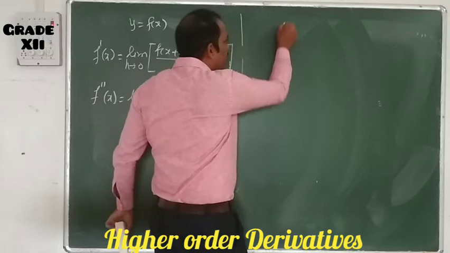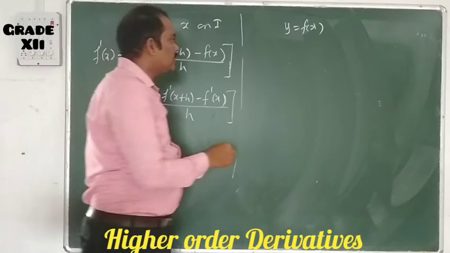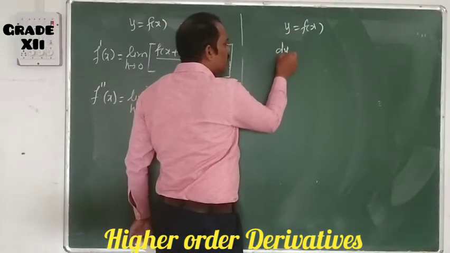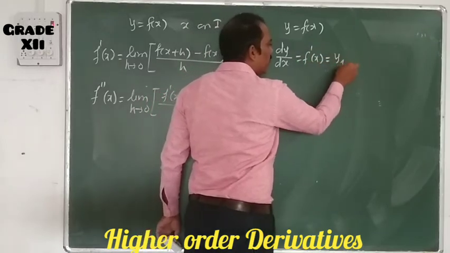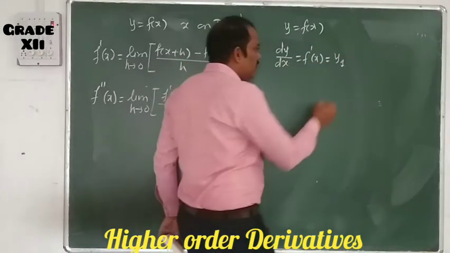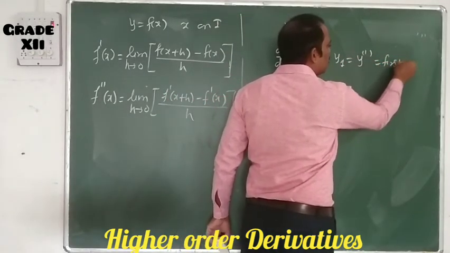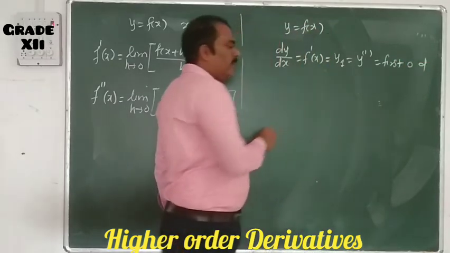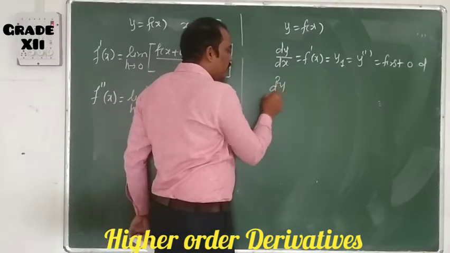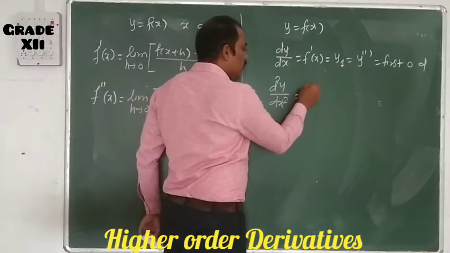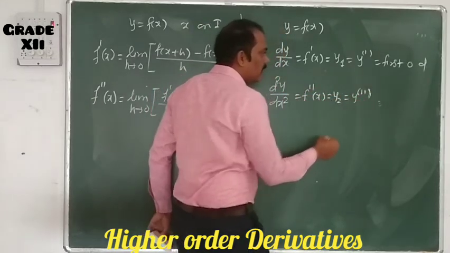Suppose that y is equal to f of x is a differentiable function of x. Okay, so the first order derivative of y with respect to x is given by dy by dx is equal to f dash of x. It is also given by y1, y with suffix 1, or it is also given by y dash. That is nothing but the first order derivative. If this dy by dx is again a differentiable function of x, then the second order derivative is given by d2y by dx square is equal to f double dash of x is equal to y2 is equal to y double dash. It is nothing but the